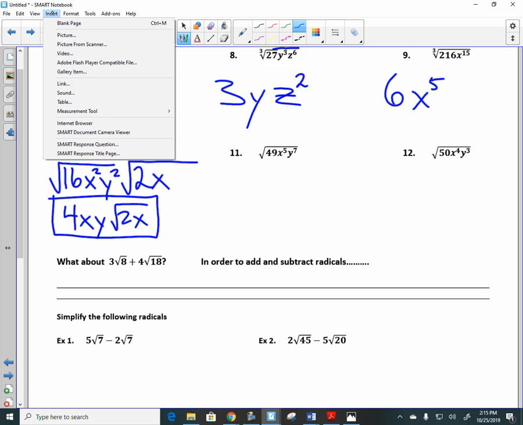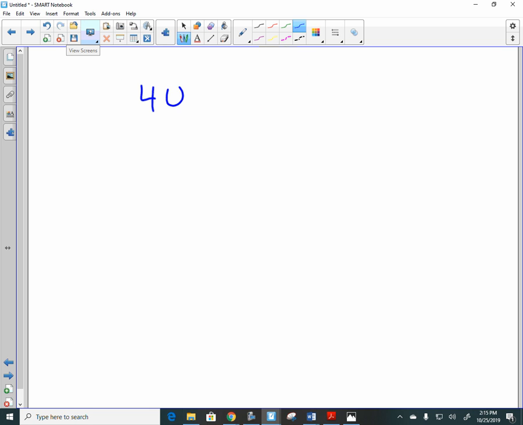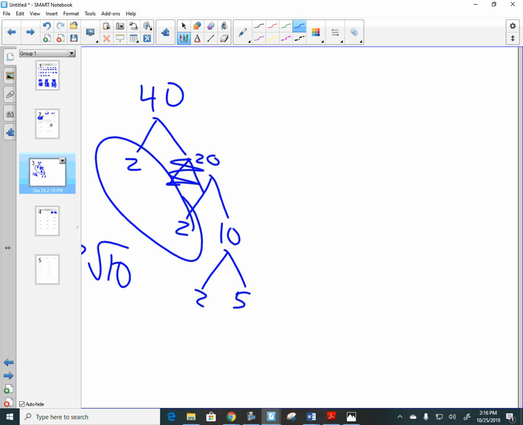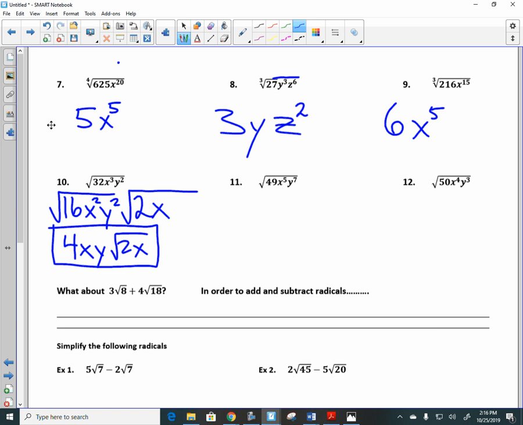But in fairness, I want to be clear that there are different ways of teaching this, and I'm choosing a way. So some people do this. They do 40, and then they start making a factor tree. 2 and 20, and they get 2 and 10, and you get 2 and 5. So you circle the group, so it's 2 roots of 10. Did anybody learn like that? For me, that doesn't connect. I understand why people do that, but I like to just